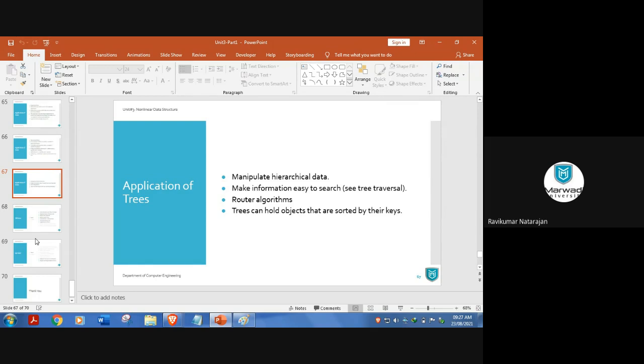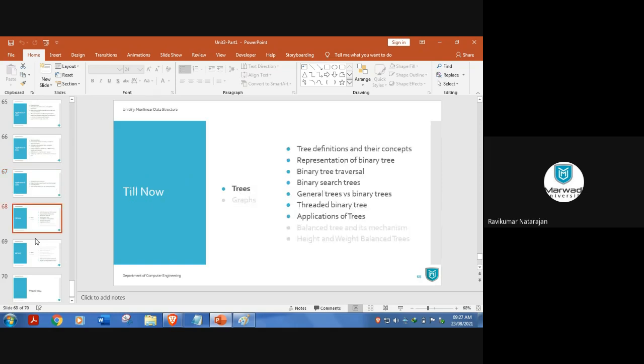We are just understanding the concept: what is happening, how to insert, how to create memory space using malloc or whatever it is, how to reallocate. Only that part we are doing. The same thing can be enhanced, and we can make a GUI as well. So these are all the applications, basically. We are done with part 1. In part 1, what are the things we have seen until now?